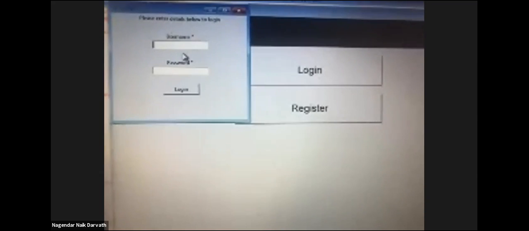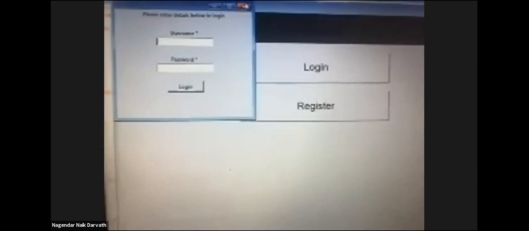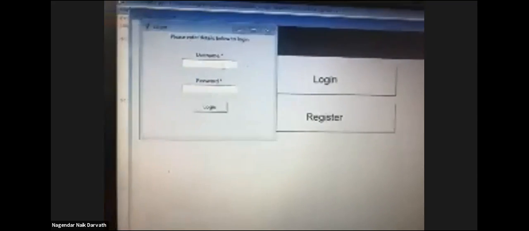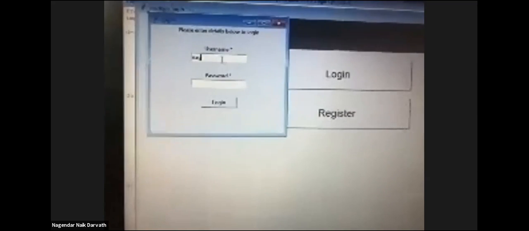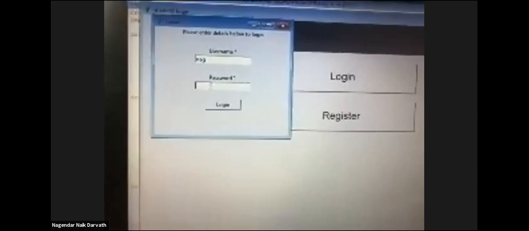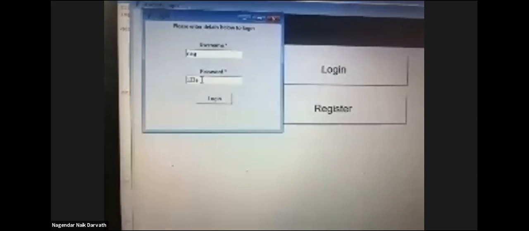When I log in, with, say, nog and 123 ABC, I need to see both create and view, right? But when you log in, you need to see only view, right? You are not allowed to create.